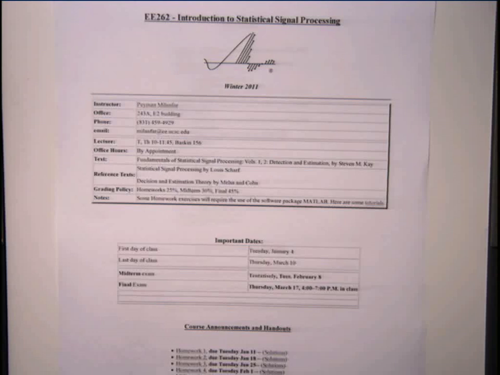The books for the class, there's two of them actually. They look very much the same. These two: Fundamentals of Statistical Signal Processing by Steven Kay. We'll be covering about half of each one of these books. I realize that books are expensive, and so it's difficult to buy both of them. One thing you might want to consider instead of purchasing the books is renting them. There's a company called bookrenter.com. You can rent the books for a quarter for a fraction of the price of actually buying.